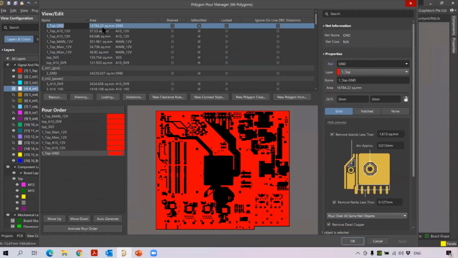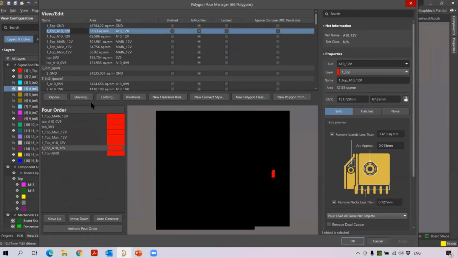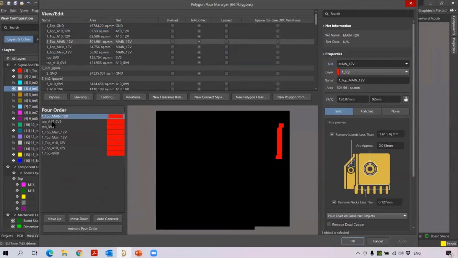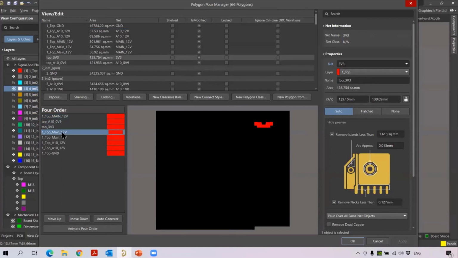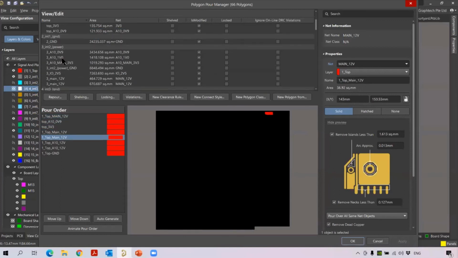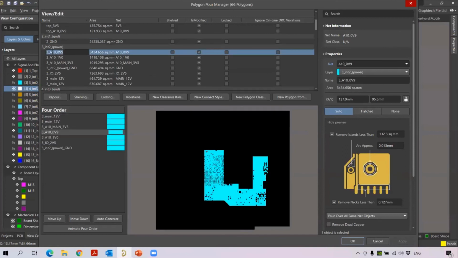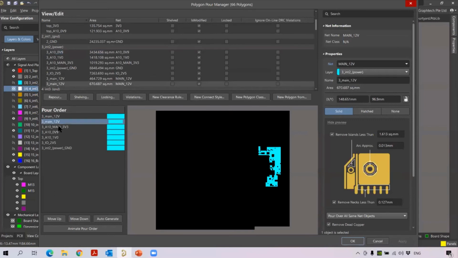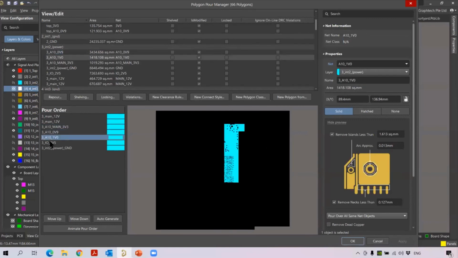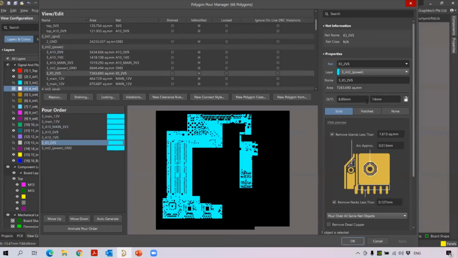What is the area of the copper? Then top A10. So individually, you can see one by one here. The location, you can see it here, and what is the area of the polygon. All you can see one by one. Not only for the top layer, other layers also you can see here. By selecting, you can see the polygons, individually one by one. So you can see all the layers that have copper along with the copper area inside the particular layer.